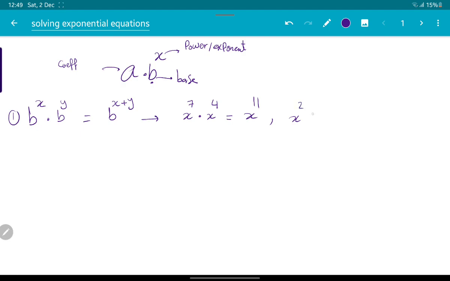If we have x power 2, y power 3, x power 5, y power 7, we will simplify each common base. So x and x will be x power 2 plus 5, which is 7, but y will be 3 and 7,